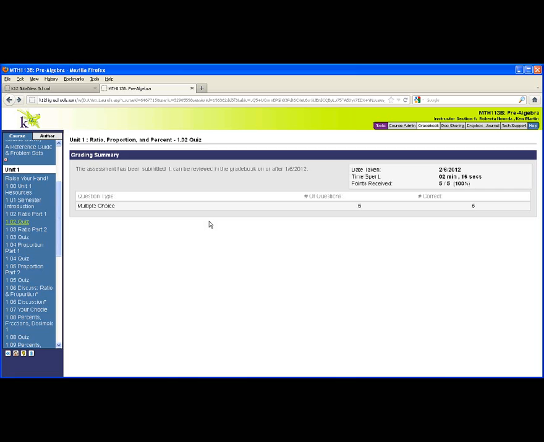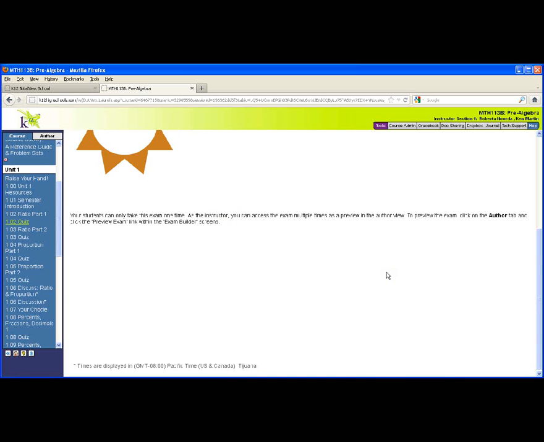Now, the quizzes make up a good portion of your grade. There's 5 points each, and there's quite a few of them. What I allow you to do is correct the quizzes. So if you go into your grade book and click on any one particular quiz, just like I did, let me go back to this. What you're going to see,